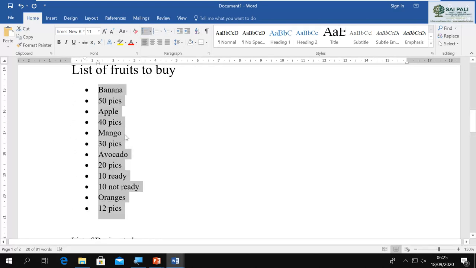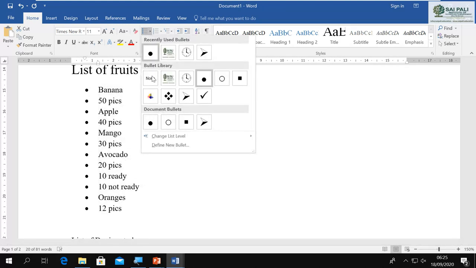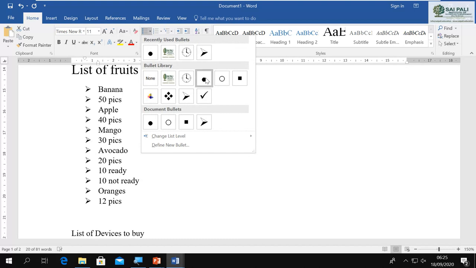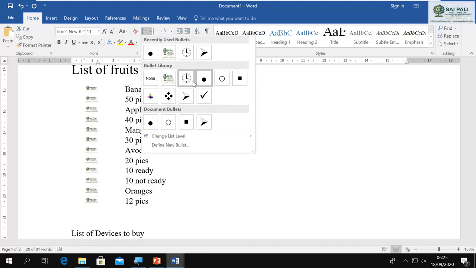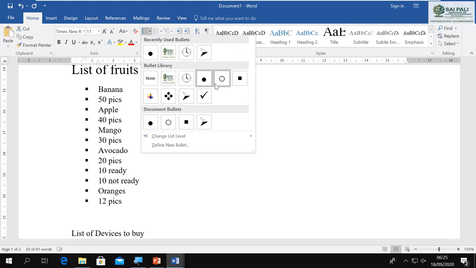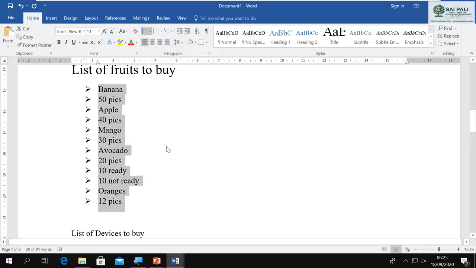You can see now we can emphasize, okay, this is what I have, this is the list. Or if I want a different style of bullets, then I can go for the drop down menu and choose from the different styles. I have added some custom ones here, but we have some default ones. Let's say I want to go with this.